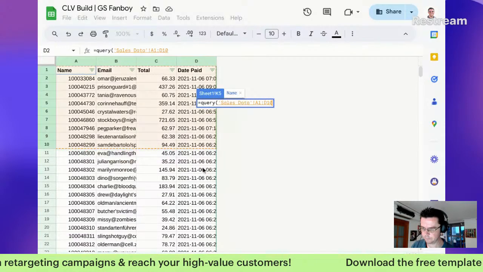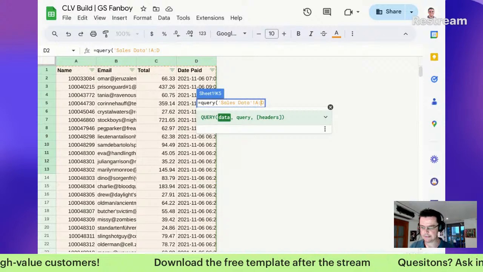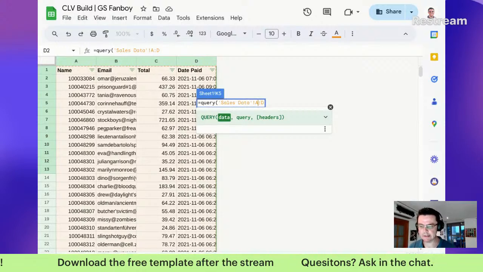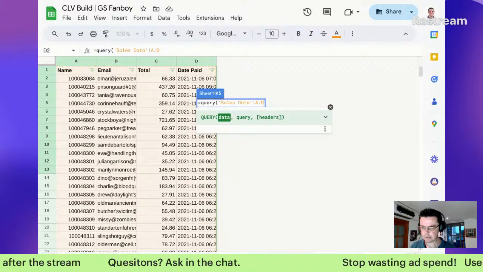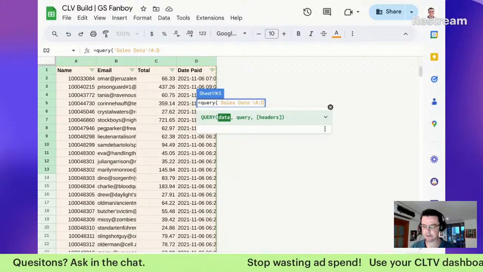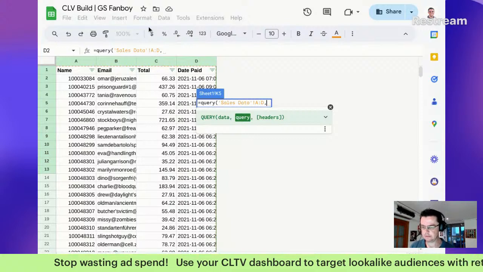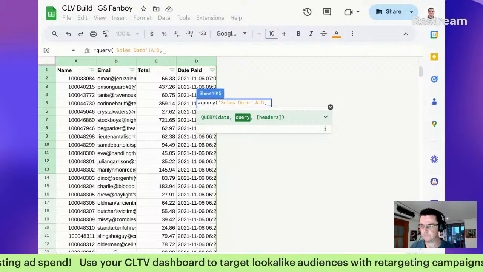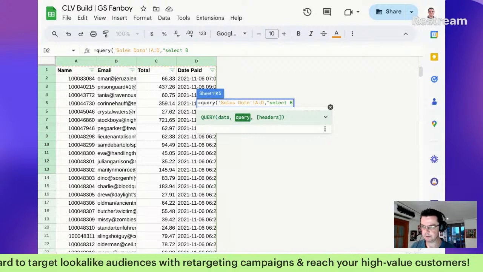So A. Oh, it was A through D. I was close. Real close. I'm going to take out, it's always good practice. I like to make them the whole column when I'm using the query function, and then do one minus at the end for my query writing. And then what we are going to do, we're going to select B,